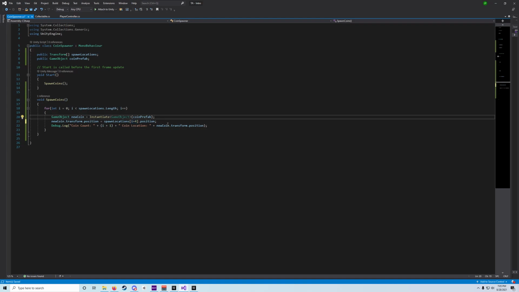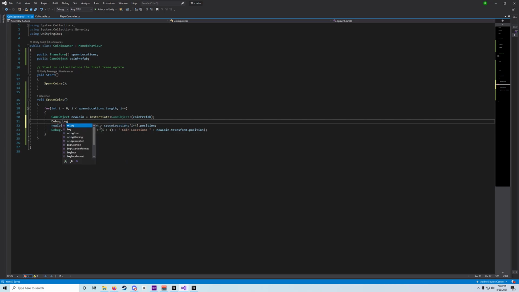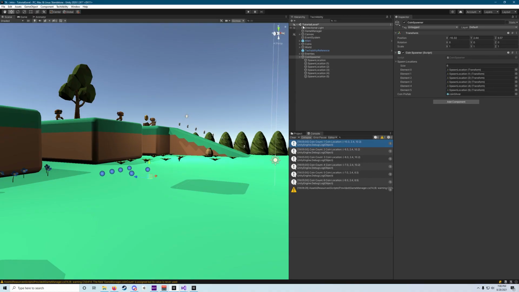So what I can do is put a debug both above and below this coin line. Say Debug.Log "spawn coin". So every time that this loop runs, I should see "spawn coin", and then I should see this coin count spit out. But if this line breaks, suddenly we won't see this bottom line, and we'll know that whatever was breaking our code must be between these two debugs. So if I save my script again and go back to Unity and hit play,